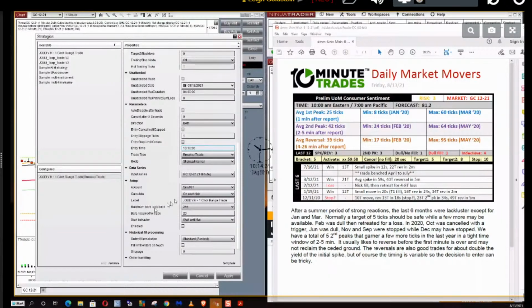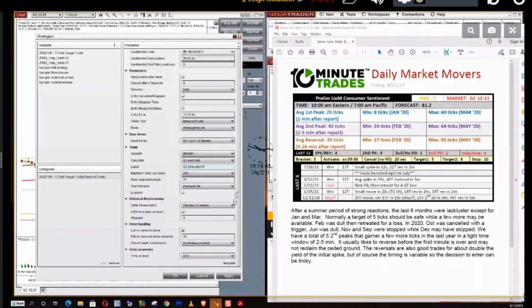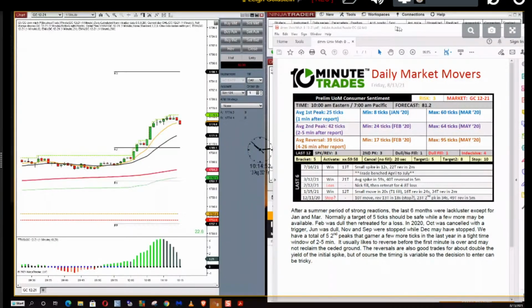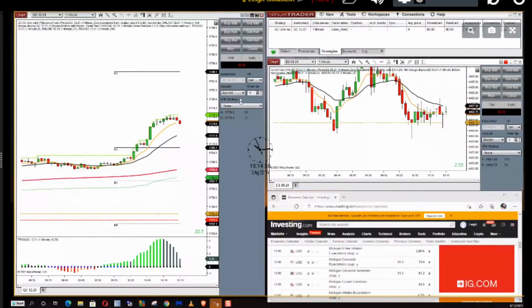It's trading gold. The account is a simulation trade. I like to label all my trades, so I call it gold, GC, University Mish, Prelim P, and now I'm ready. All I do is apply it, okay it. You must remember, if you're trading sim, your chart must be on sim, which it is.